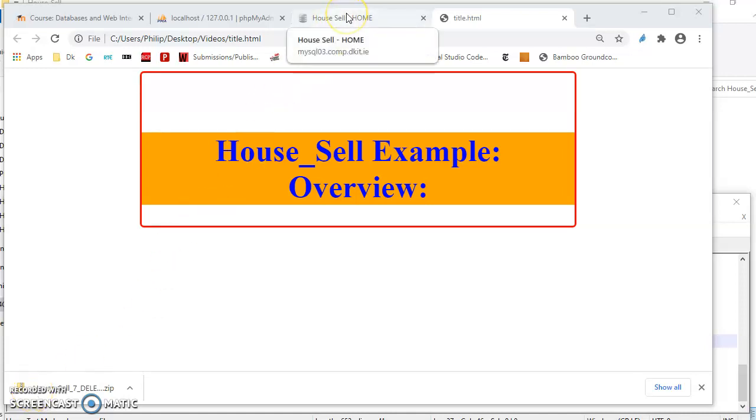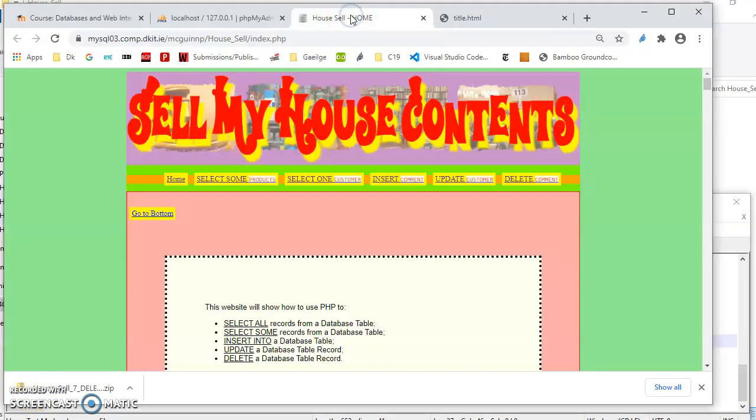Here's an overview of the house cell example from the browser point of view, from the client point of view. Essentially, we can do select, and the first three links there are using select. So select all, select some, select one, insert, update, and delete. So please make yourself very, very familiar with these, and you need to download the code from these, and of